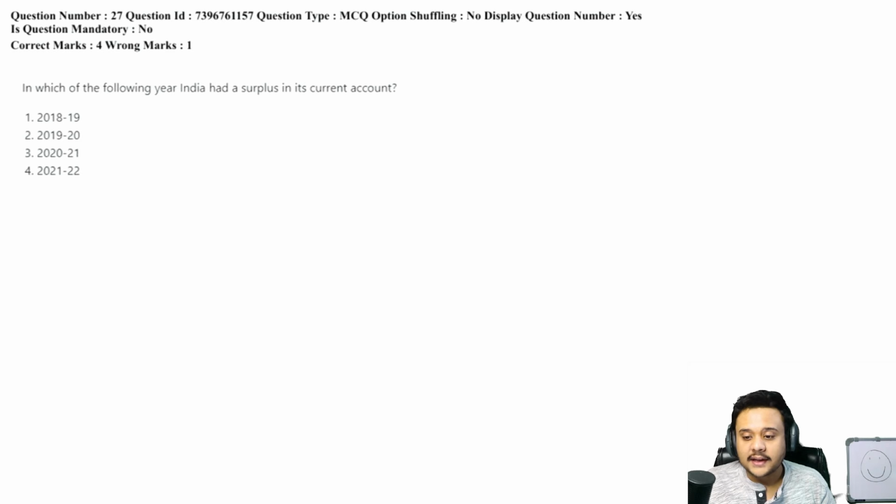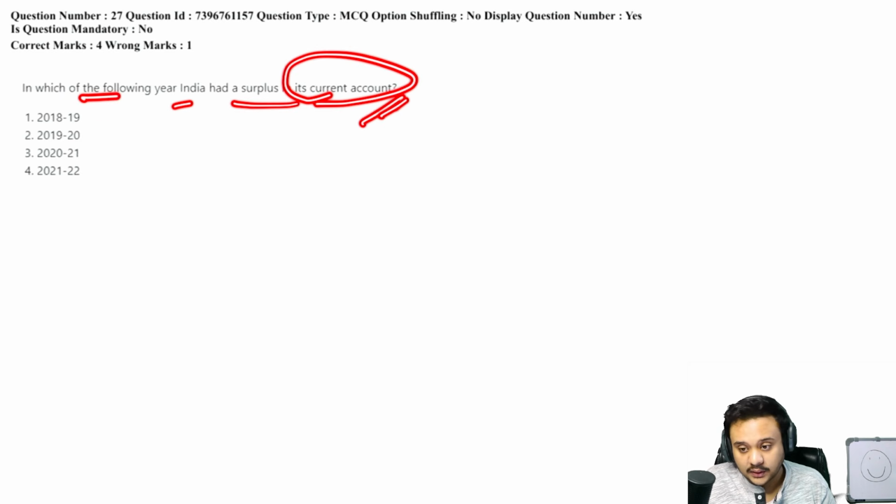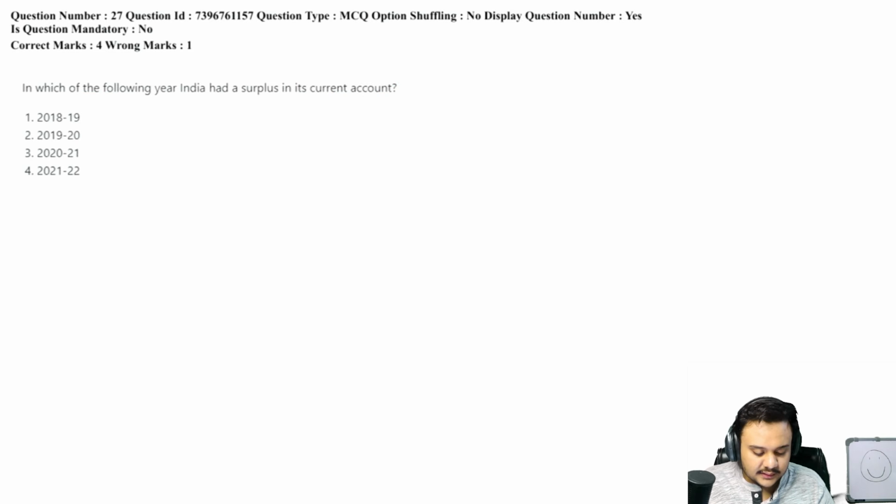And the 27th one says: in which of the following years did India have a surplus in its current account? So yeah, this was pretty answerable. So obviously the answer here is C. And the thing is that you could have answered this only if you were very deep into current affairs, and any person who has prepared for competitive exams and so on will have an edge in these types of random questions, because it was in the news, because during the COVID lockdown and all, India is a